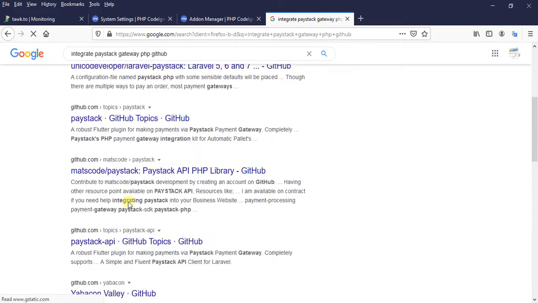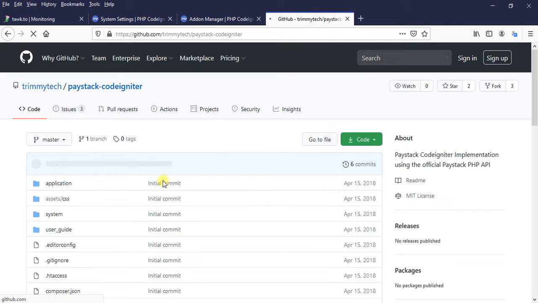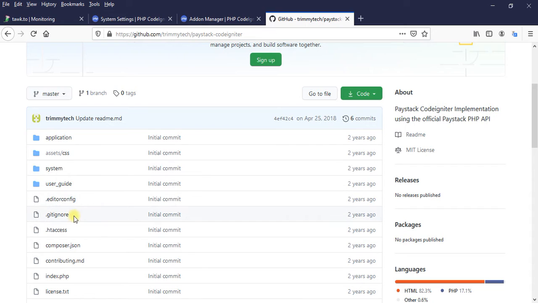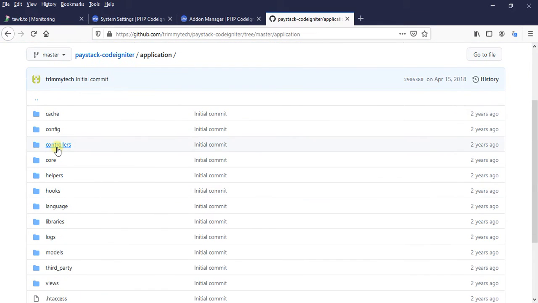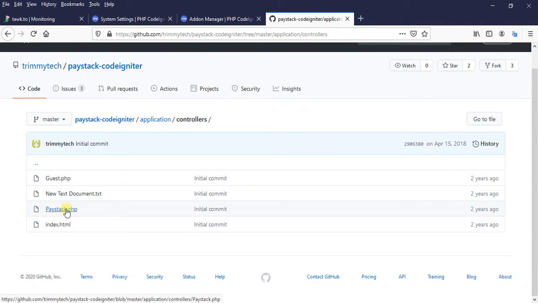Okay, so there is one I want us to use. Let's use this Trimitech. I'm going to click on that. Let's see what we have there. All right, so never mind all this. These are just CodeIgniter files. What concerns us is application. Let's go to controllers and let's go to